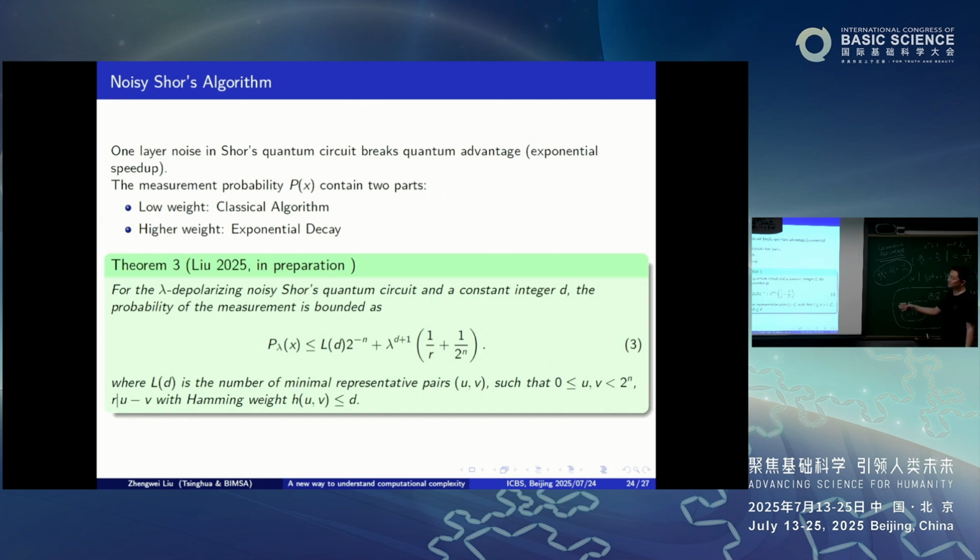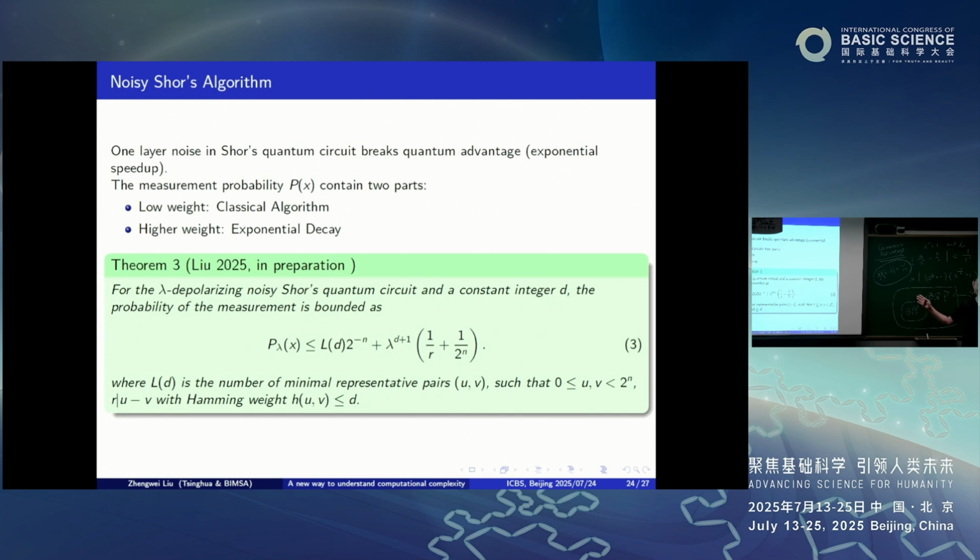And essentially, this method not just breaks Shor's algorithm, it breaks this phase estimation method. The other famous algorithm is called the HHL algorithm that solves linear equations. That also uses phase estimation. So for all quantum algorithms so far, most of them use this phase estimation, and it's not clear whether it has this kind of advantage. The second class is variational, and then the path integral method. It's not clear whether they have advantage.